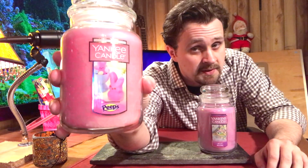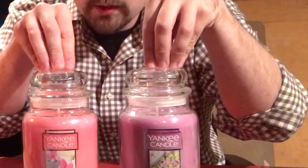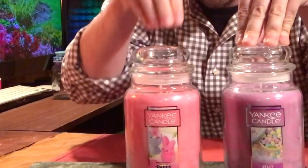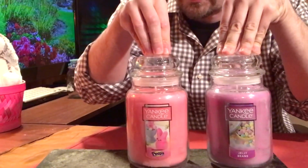Despite the new look, the new name, the new color, very similar to what I remember, and perhaps the intensity is a bit higher than previous years, but don't quote me on that. Our palates, our noses, they love contrasting aromas and flavors. This one is definitely that contrast of sweetness and tartness, where this one is going to be the classic sweet